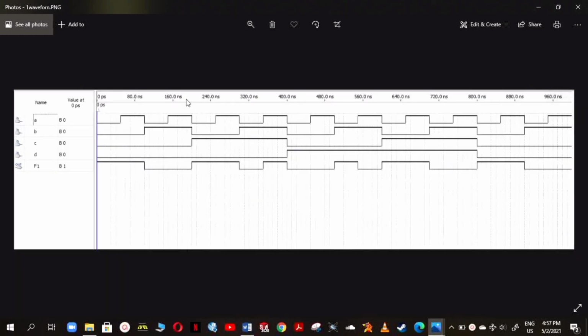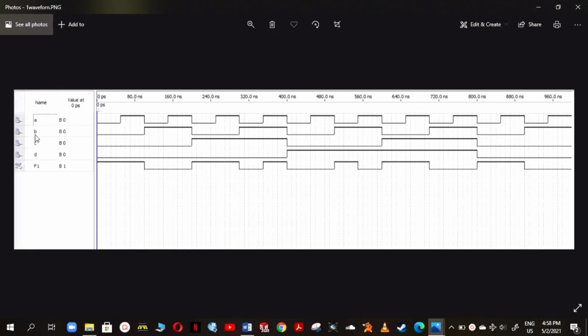Now we are going to discuss its output waveform. Now you can see here, if all the inputs are 0, then our output is 1, as it is in the Proteus case. So this is the same as our Proteus circuit outputs. So we can say that our Verilog HDL code is true and our output clearly defines all of our inputs and all of our required outputs.